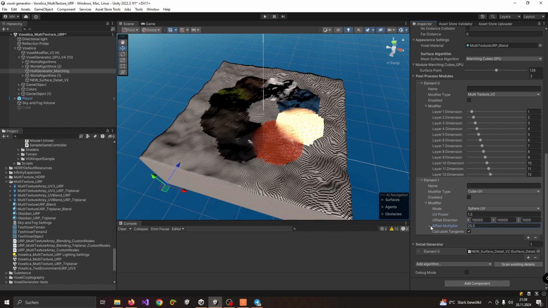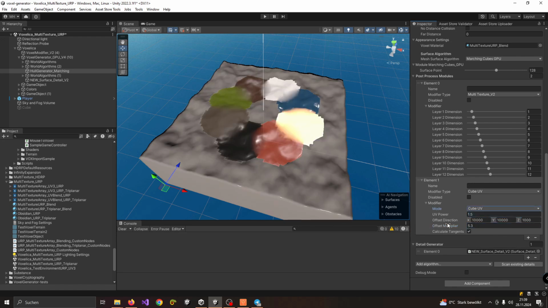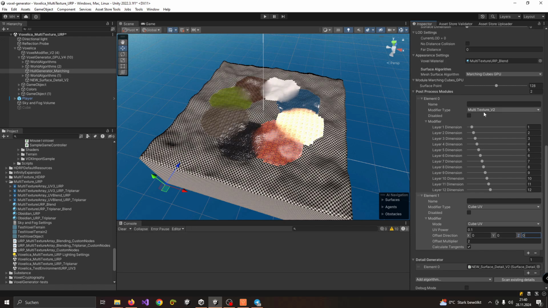But if you use margin cubes, you get the best results using the first one, UV 0.1. Yeah. So this is about the HDRP and URP, and the most important thing is multi-texture version 2 in order to